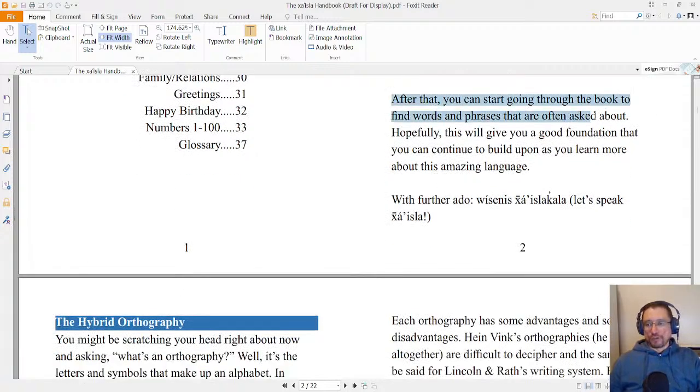After that, you can go through the book to find words and phrases that are often asked about. Hopefully this will give you a good foundation that you can continue to build upon as you learn more about this amazing language. Without further ado,